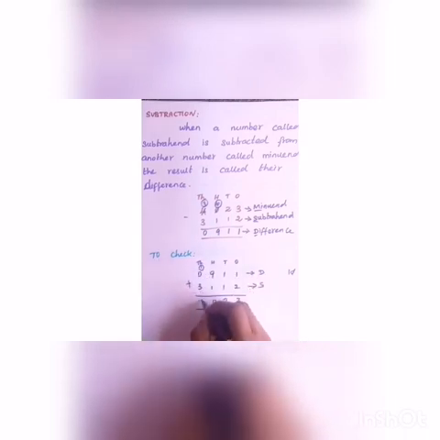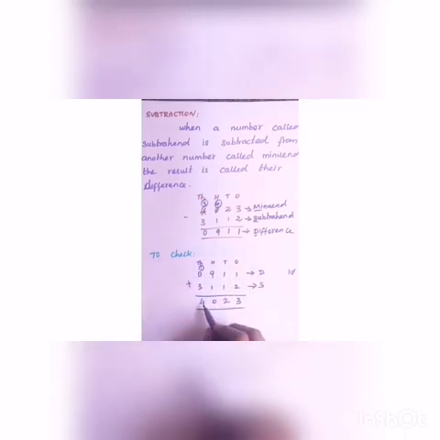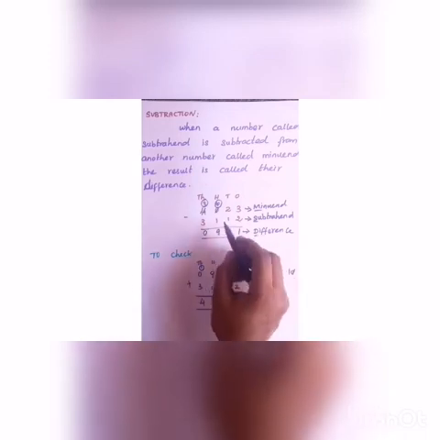1 plus 1, 2. 9 plus 1, 10. For this 10 you have to put 0. Balance remaining 1. 1 plus 0, 1. 1 plus 3, 4. So look at your answer here: 4023. And check your minuend here. What is given here? 4023. Now we got our answer, which is the minuend. So our subtraction is correct.